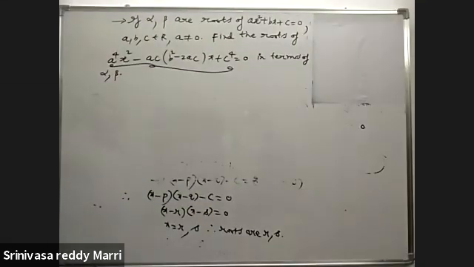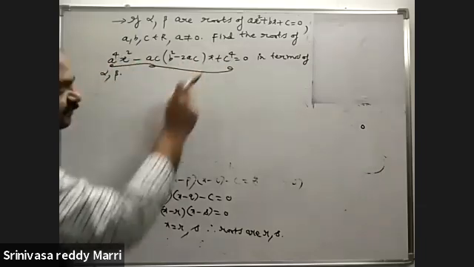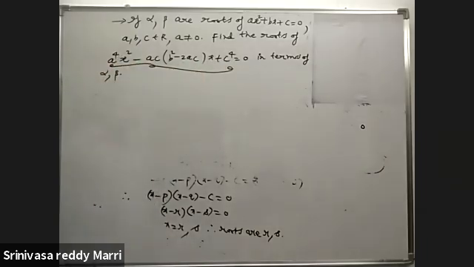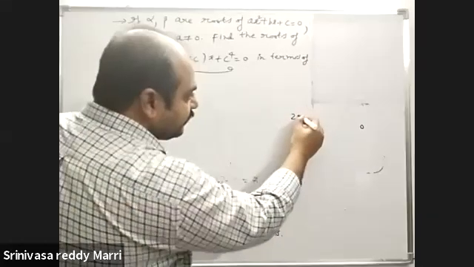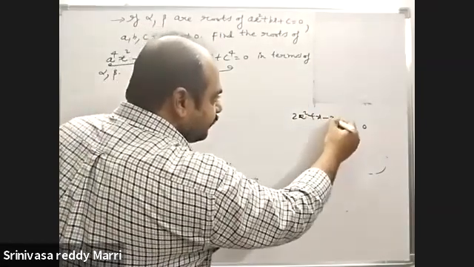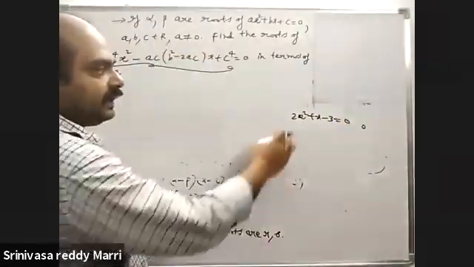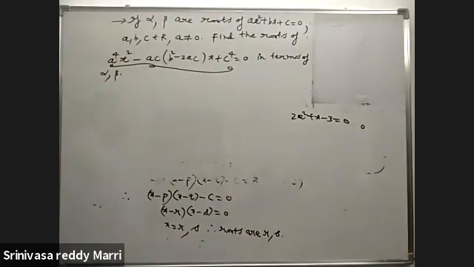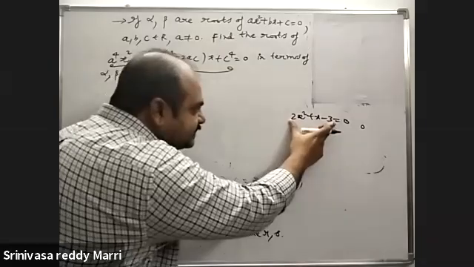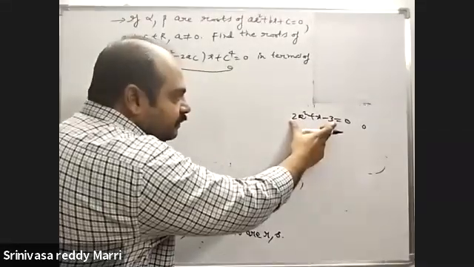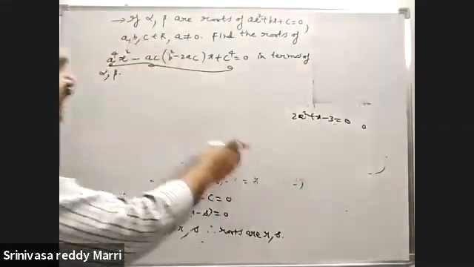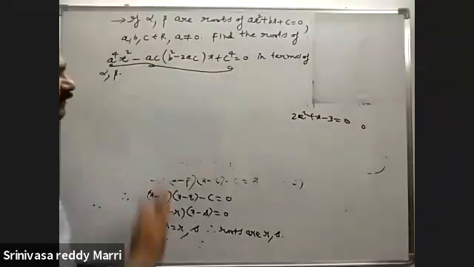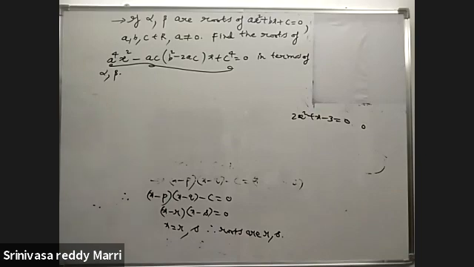suppose this expression is there. If we factorize this one, suppose previously one example given, I have 2x square plus x minus 3 equal to 0. Instead of solving x equal to minus b plus or minus, what we have done, we have factorized this one like that. If you factorize this one, it will be easy to find the roots. Look at how to factorize.